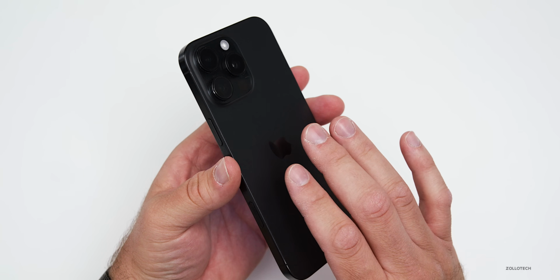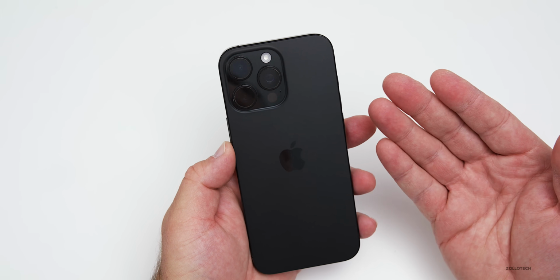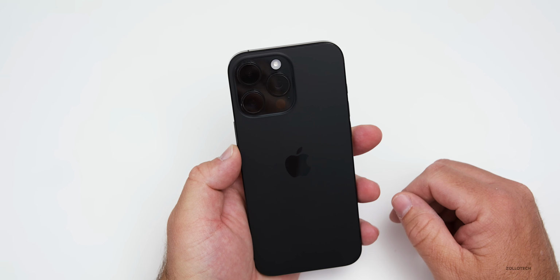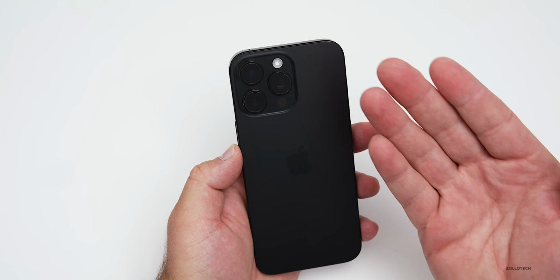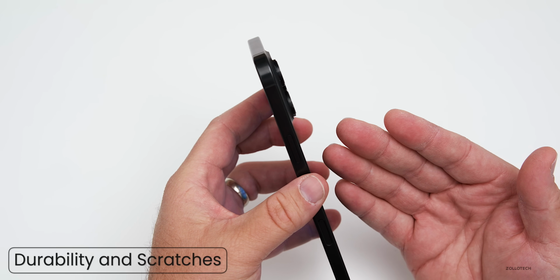So the overall design I do think needs to change over time as it's become a little bit stale, but it is reliable. It's what you expect from iPhone as far as the overall design, and it's easy to use. When it comes to durability, this has to be one of the best attributes of the iPhone